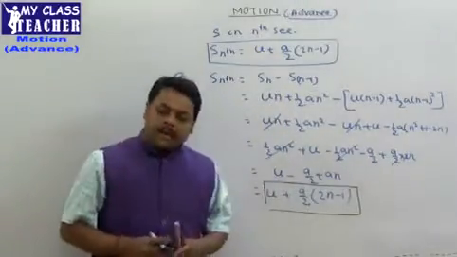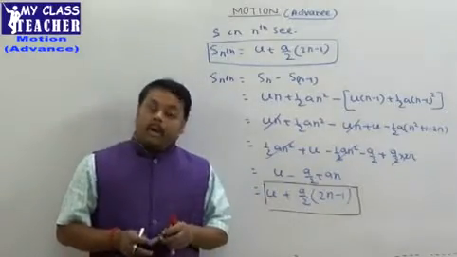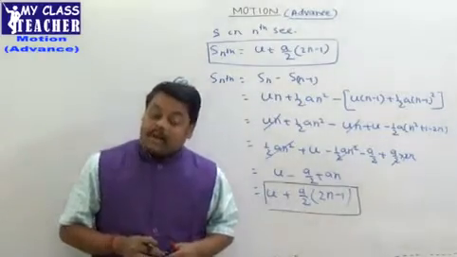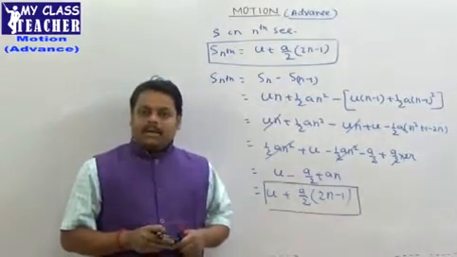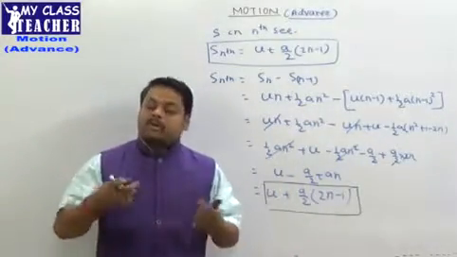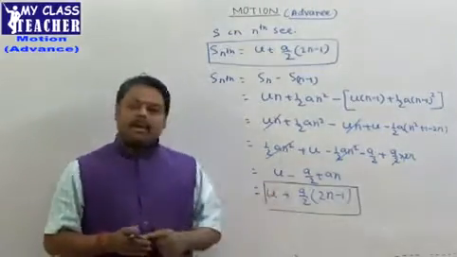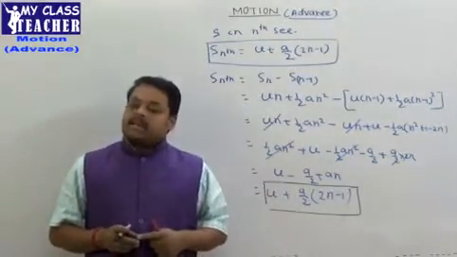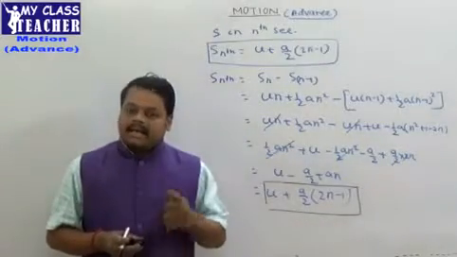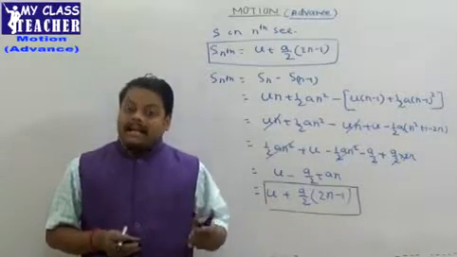But when you apply this equation, there should be a boundary condition for it. This equation will be applicable only when the total time interval of a journey is greater than or equal to 1 second. Because suppose I ask you, what is the displacement covered in 10th second, you can use this formula. And if I am asking what is the displacement covered in the 10th second, then what should be the minimum time interval of the journey? 10 seconds. Suppose the total time interval of the journey is, let us say, 8 seconds, then